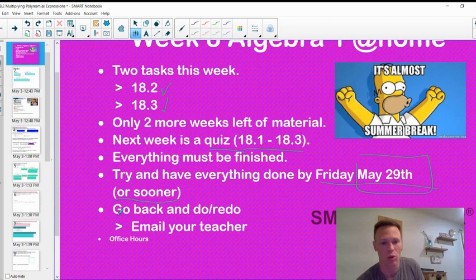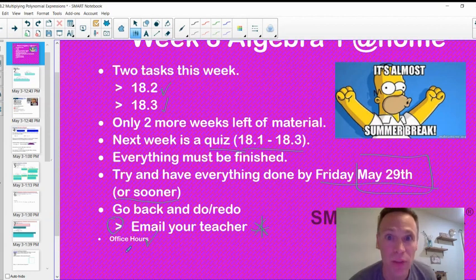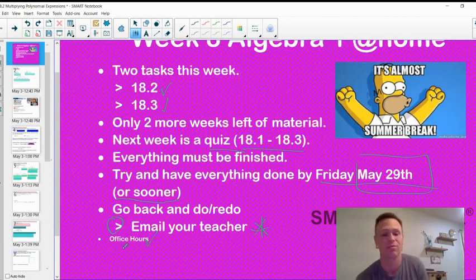Remember, a little reminder here, go back and do or redo things that you feel like you need to in order to gain mastery of the material or to improve your grade. When you do that, please email your teacher. Schoology does not prompt us when you say you haven't done an assignment and it's been like 3 or 4 weeks. Schoology doesn't prompt us that that's now done. So you need to email your teacher. So please do that. I also want to plug one more time, office hours. Please attend office hours. Ask questions, get them answered. Come to office hours. All right, what do we got going on this week?